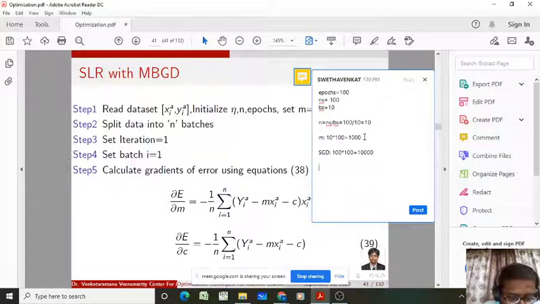Whereas in case of batch gradient descent optimization, in one iteration, one time only we are updating the model parameter, because we have the 100 iterations. So 1 into 100, that's equal to 100 times. Fine. So in case of the mini batch, how many times the model parameter is updated depends upon the batch size and number of samples available in the data set.